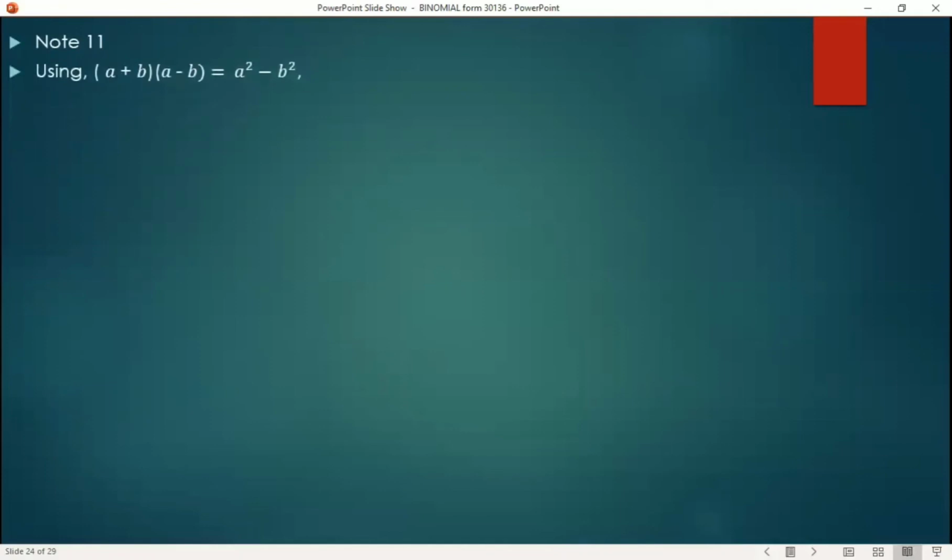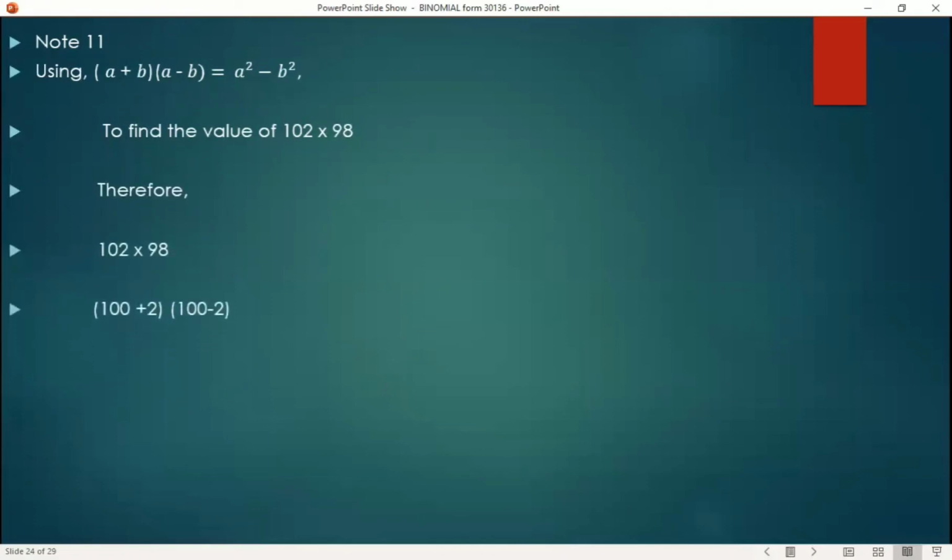What about (a plus b)(a minus b)? Is a squared minus b squared? So if you have to find the value of 102 times 98, how can you apply the above formula to find the value of 102 multiplied by 98? There should be something which is common to the two numbers. Yes, of course. It's 100 plus 2 multiplied by 100 minus 2, which is 100 squared minus 2 squared. It's 10,000 minus 4,